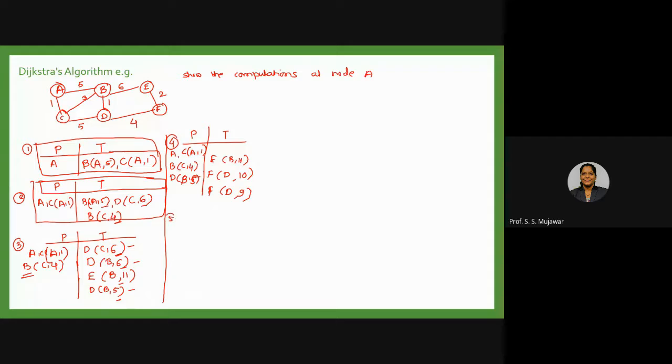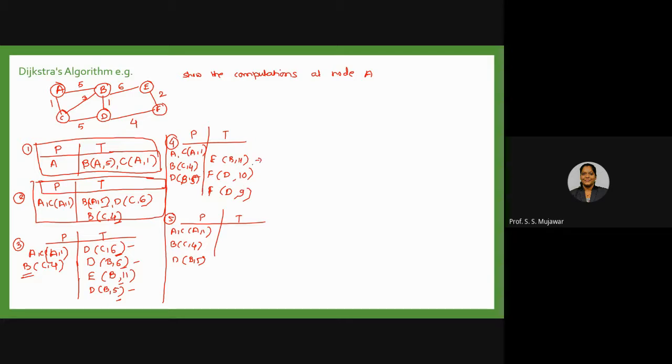Okay, the next will be now E and the T. A, C of A1, B of C4, D of B5. Okay, now to reach this, F and E, two nodes I have. So I have two values.